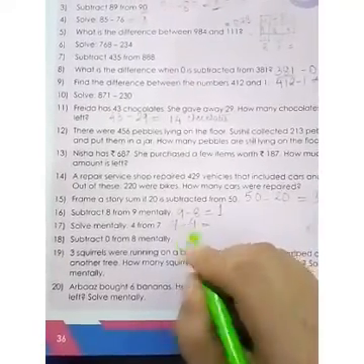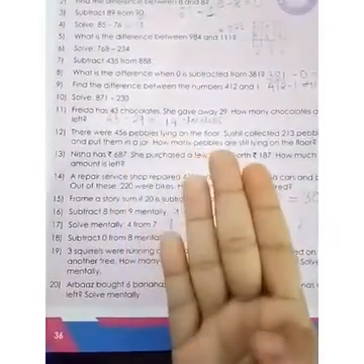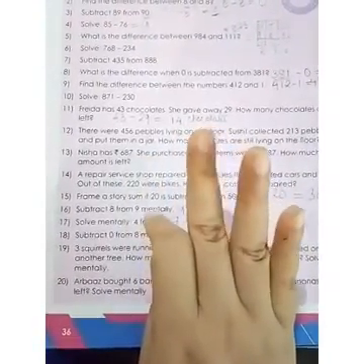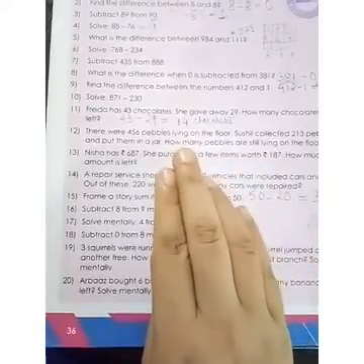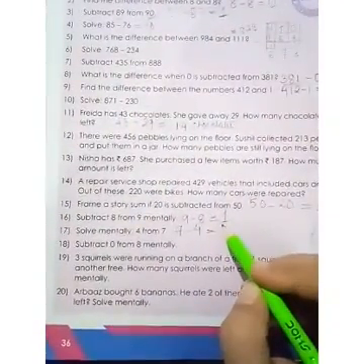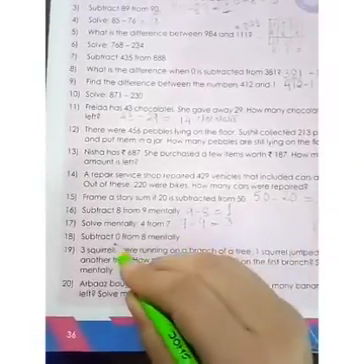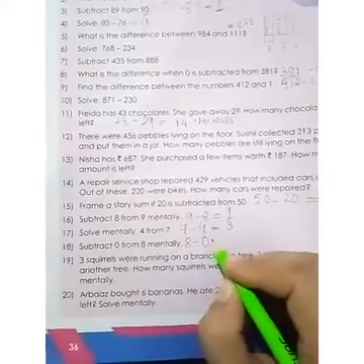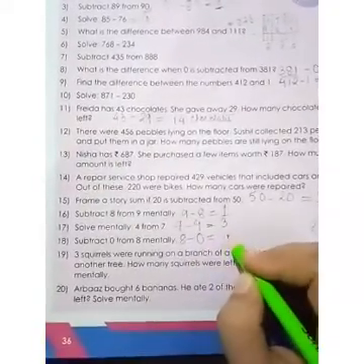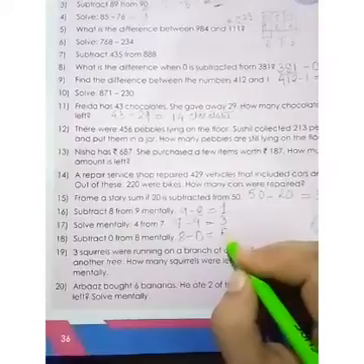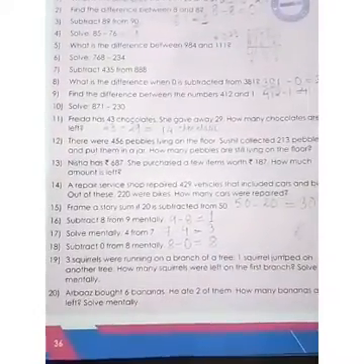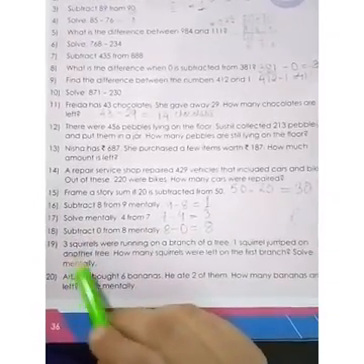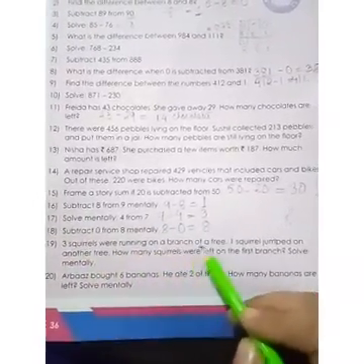The bigger number in the mind. Keep 4 fingers open. Counting backwards. 6, 5, 4, 3. So what will come here? 3. Okay. The next question is subtract 0 from 8 mentally. So 8 minus 0. So we know whatever number we subtract from 8 with 0 will get the same answer, according to the 0 property of subtraction.